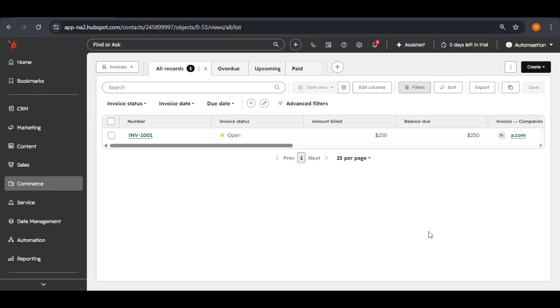Once you're in the invoices section, you can take advantage of the quick edit sidebar to make changes right on the spot. Simply click on any invoice to open this side panel. This feature is a real time saver, offering you the flexibility to make adjustments without leaving the page. Here, you can set an owner for the invoice. Assigning an owner helps keep your team organized and ensures accountability, making it clear who is responsible for following up